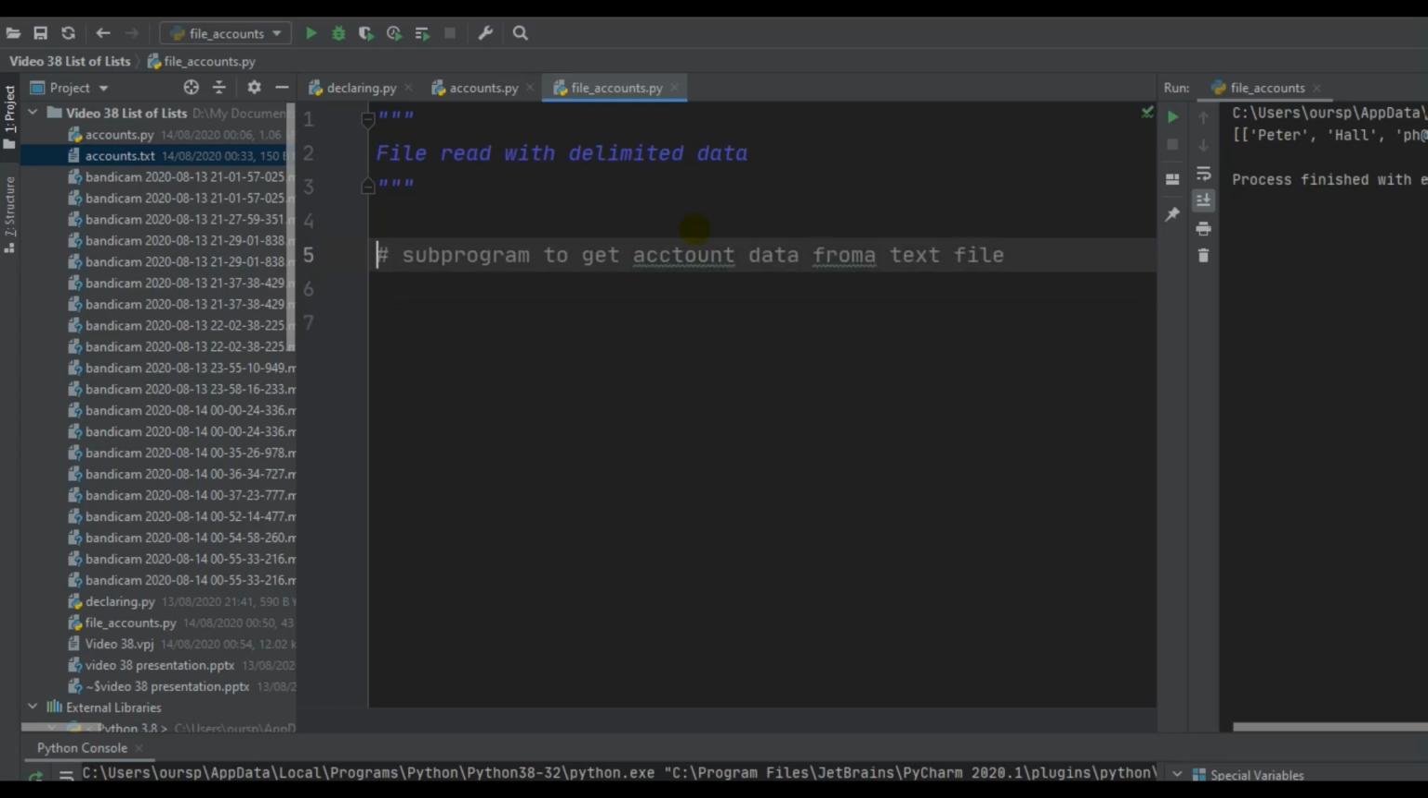There we go, that'll do nicely, apart from the typos, guys, as usual. So, account data from a text file. Okay, we need to give it a name, we need to define it. So let's do def, and we'll call it get_ax. All right, no input parameters, guys, because it's just reading from the file, packaging up the data and sending it back